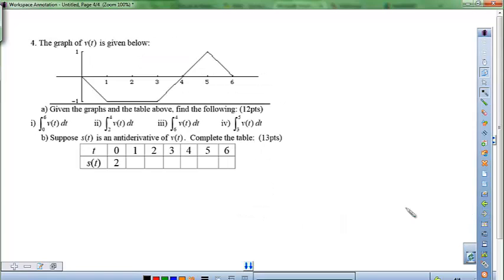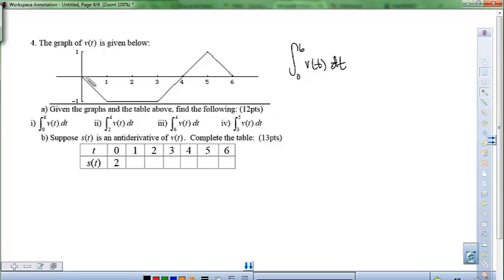Problem number 4 uses a function and its graph to help us compute some values. Given the graph above, they want us to find the following. So this is the graph of v. They want us to find the integral from 0 to 6 of v of t. So to find that,